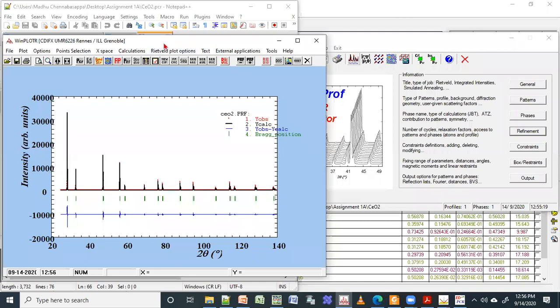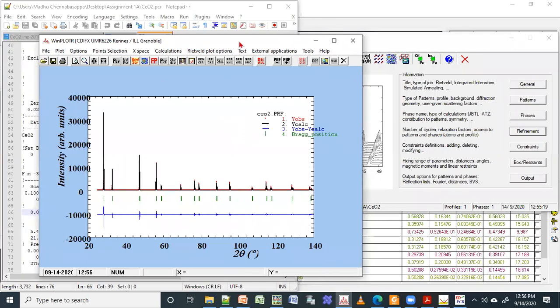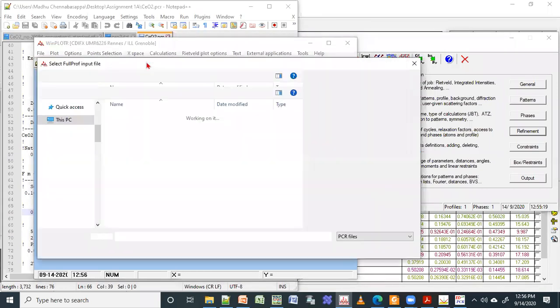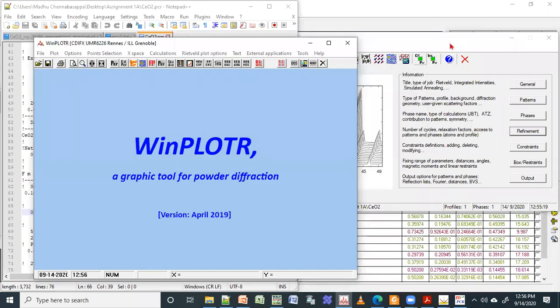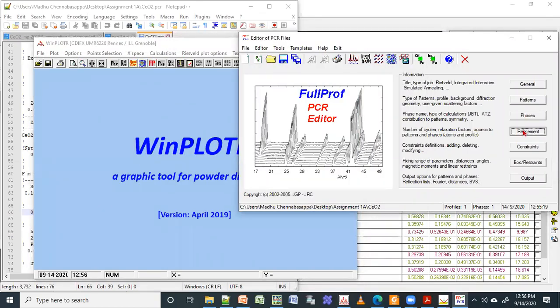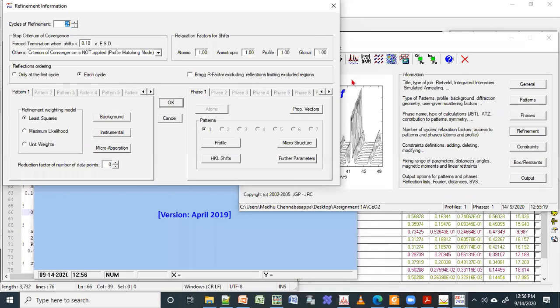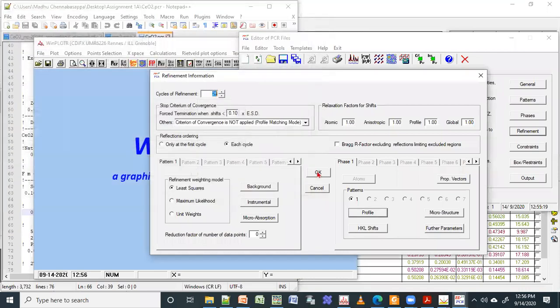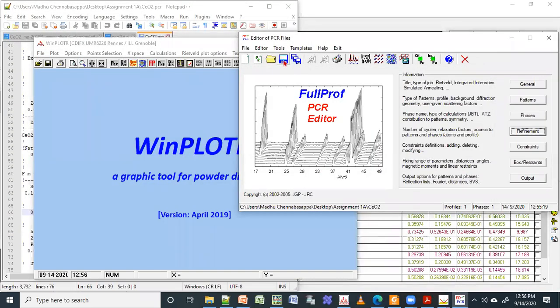Let us stop at this point, because I think this itself is sufficient. If you want, you can do the refinement again. So I will run one more time. I'll go to refinement again. I have changed X. I will also change Y. Then I will click this save button and run it.